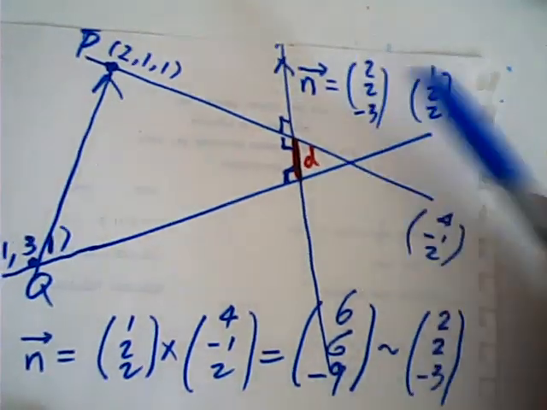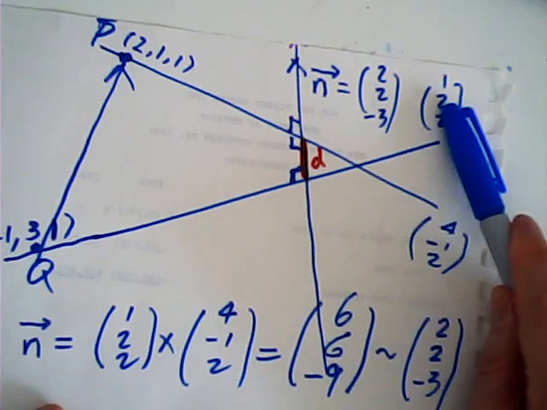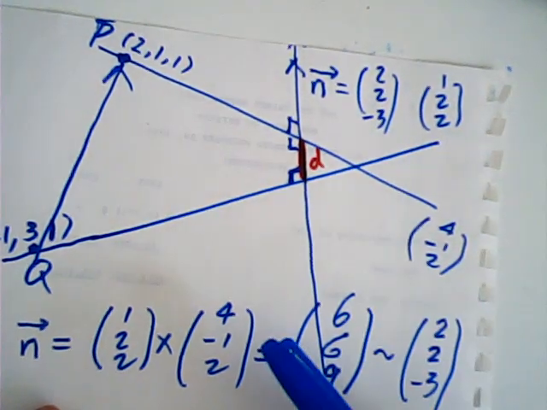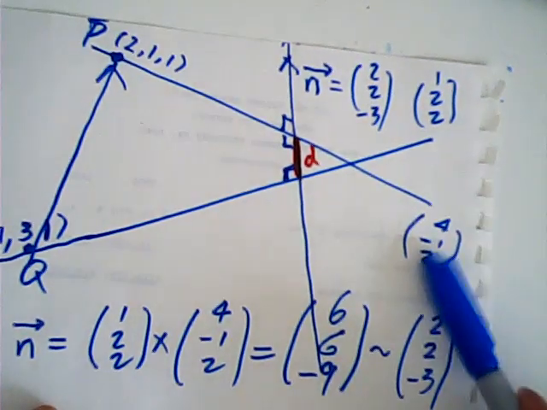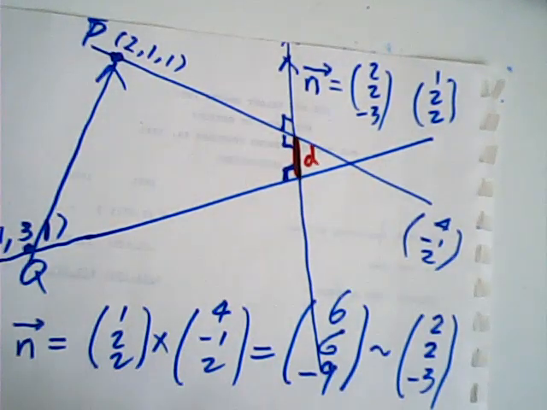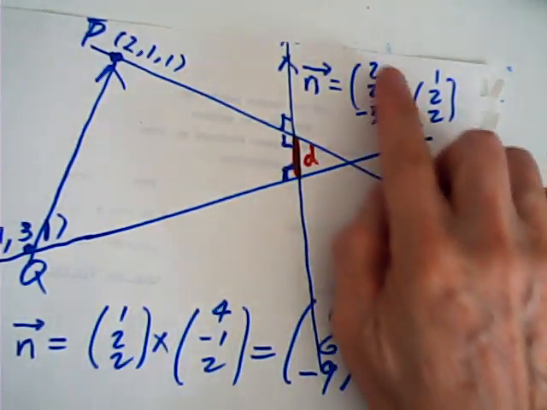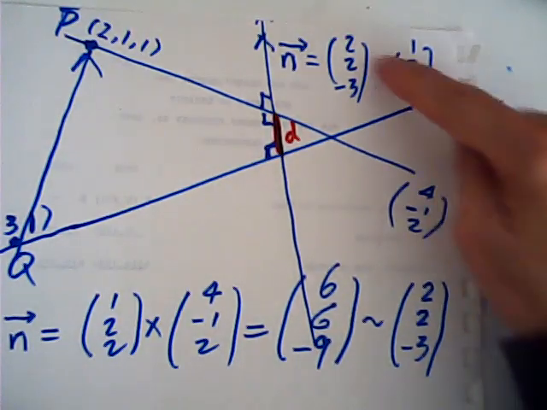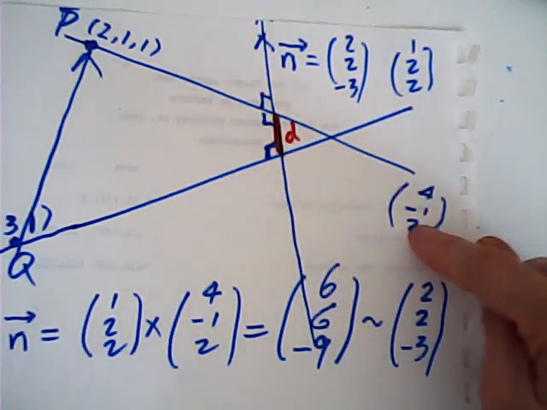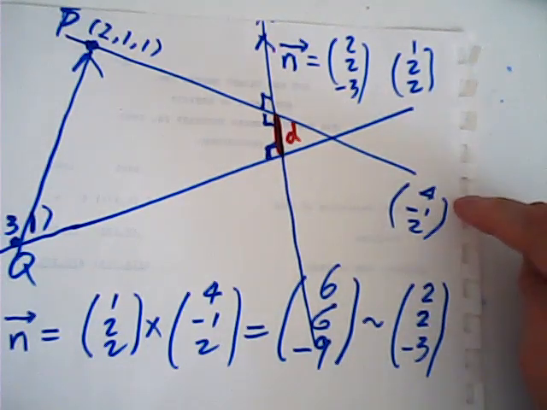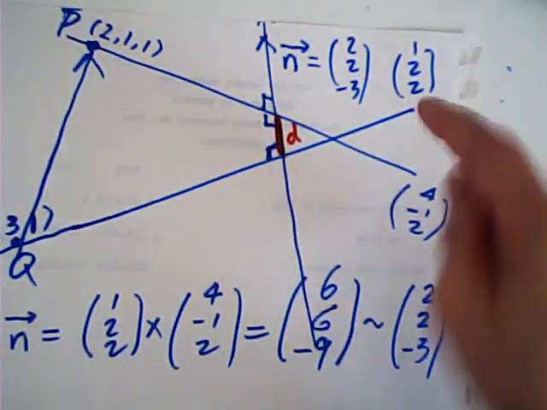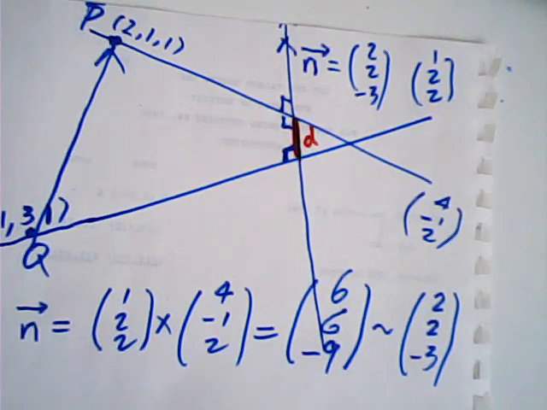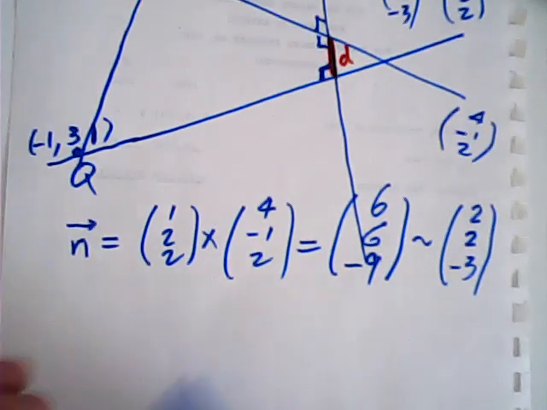Okay, you may verify. This one dotted with this one must be 0 because they are perpendicular. This one dotted with this one must be 0 because they are perpendicular. Easy to verify, no? This is 2, this is 4, this is 6. This 6 is 0. This is 8 minus 2 minus 6 is 0. Yes, therefore this is right. 8 minus 6 is correct. Now, then